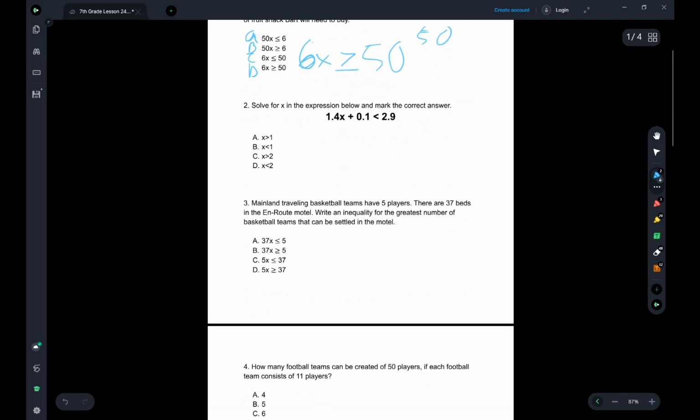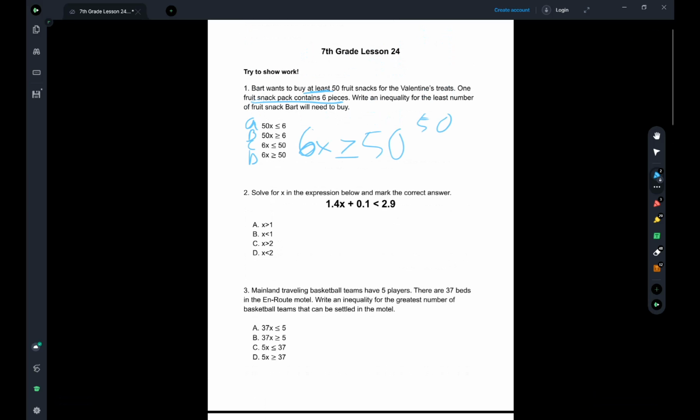Okay, let's go to number 3. Number 3, Mainland traveling basketball teams have 5 players. There are 37 beds in the en route motel. Write an inequality for the greatest number of basketball teams that can be settled in a motel. So this is exactly like number 1. Number 1 was talking about